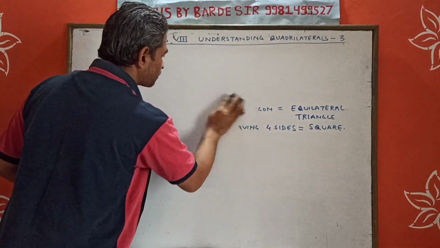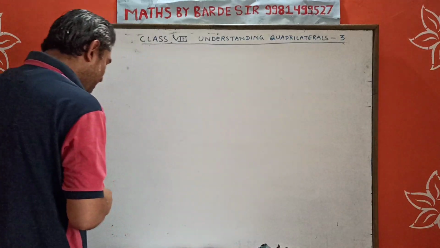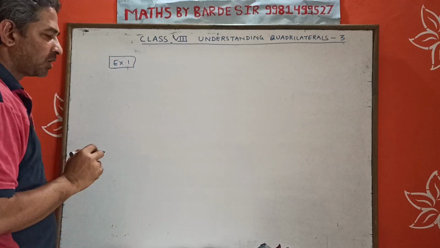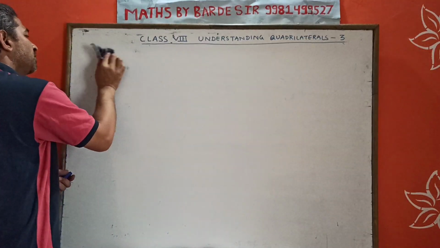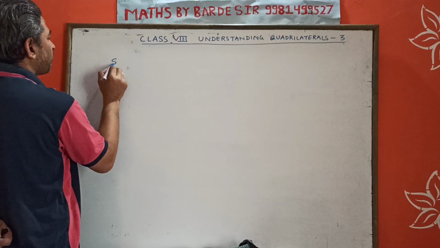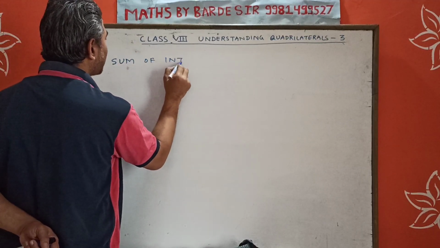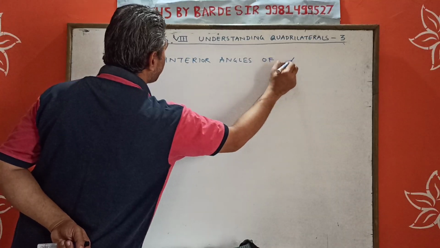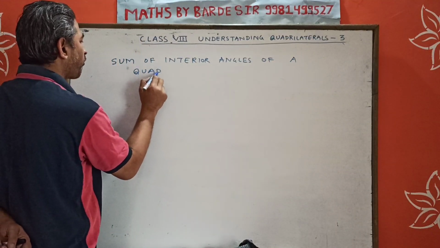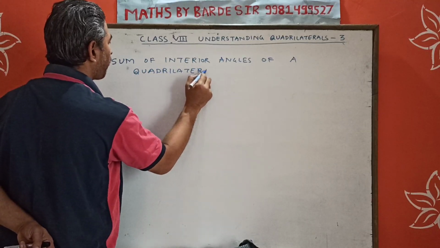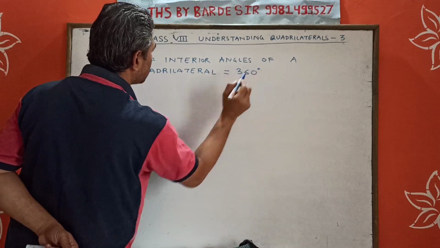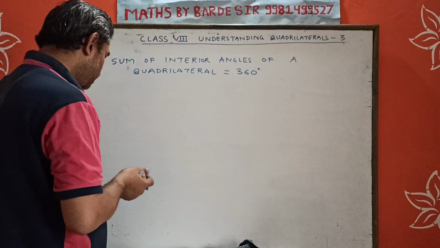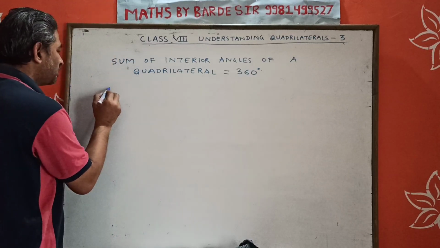So, my first question is, before this, I'd like to remind you that the sum of interior angles of a quadrilateral is equal to 360 degrees, and also the sum of exterior angles is equal to 360 degrees. Okay, so using this property,